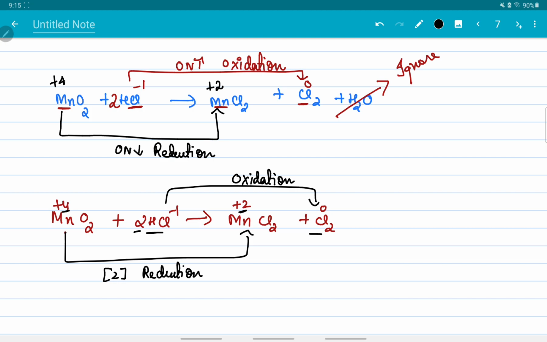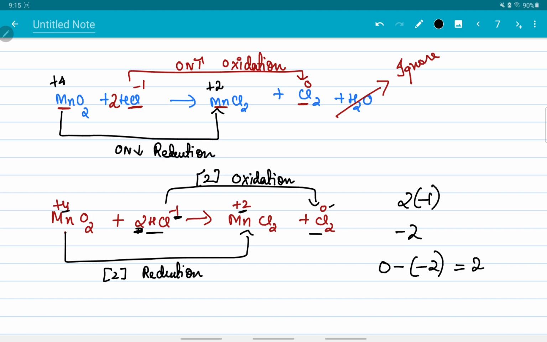So here if you see, there is 2. So this 1 gets multiplied with that 2 and it becomes 2 into minus 1, that is minus 2 charge. That is the overall charge, because here this minus 1 is getting multiplied by that 2, and it becomes minus 2, and on this side it is 0. So now the overall difference is 0 minus of minus 2, that is plus 2. So the overall difference over here is plus 2, but people often write it as plus 1 because they get confused in this step.